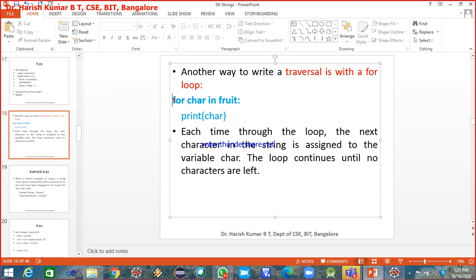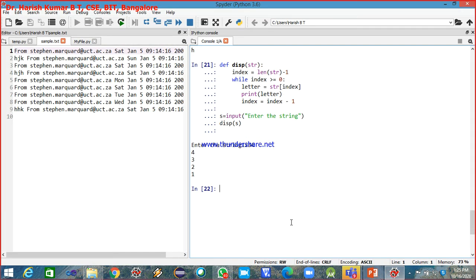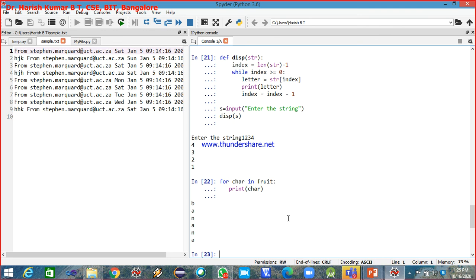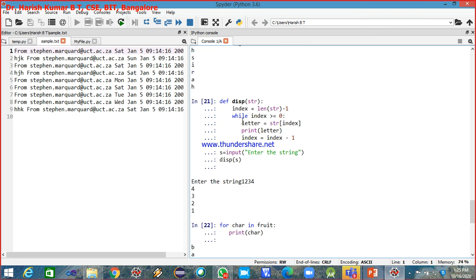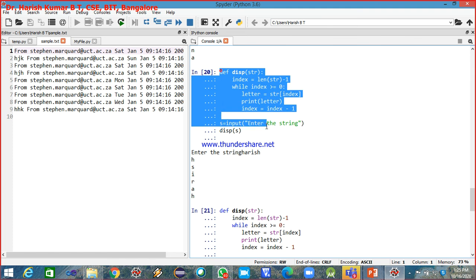Again, this will execute. I think fruit I have already defined, it should not be a problem. So banana, it iterates over all of it. But this I can control. Let me run this example again.